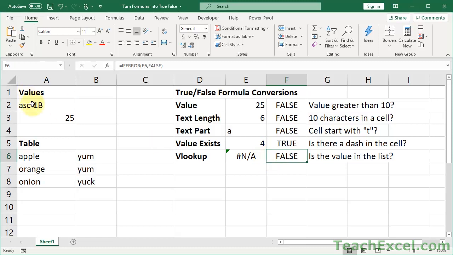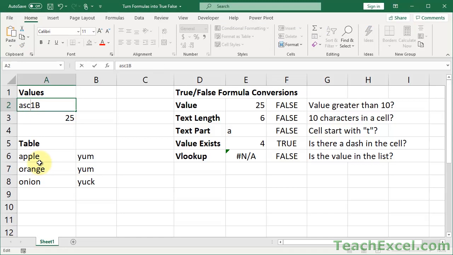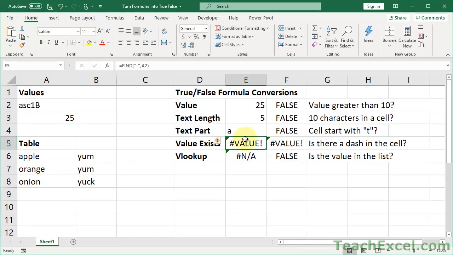All right, but this is something you have to pay attention to. This is why you have to check as many possible outcomes as you can. Let's remove the dash. Now we get an error here, but not only here, where we need to get true or false, we now have an error, and that's a problem. So now we need to think, is there a way that I can make this equal true or false? Well, you could use the IFERROR function, but you don't need to use that for this example. Let's back up one more, put the dash in there, there we go. And let us think. Here, it's a number if it works, it's an error if it doesn't. So if it doesn't find it, it is an error.